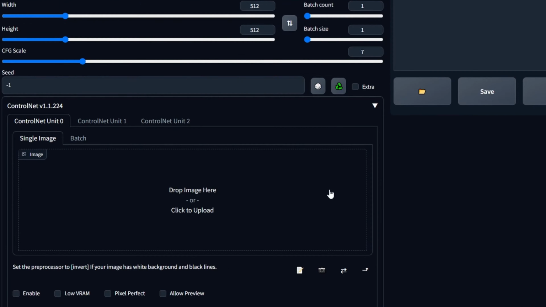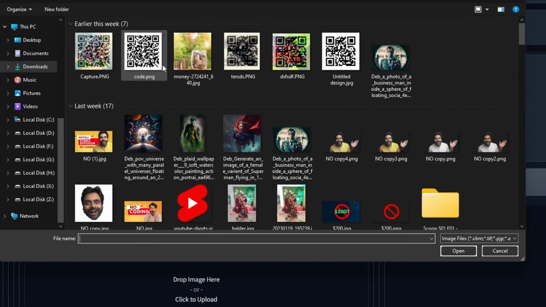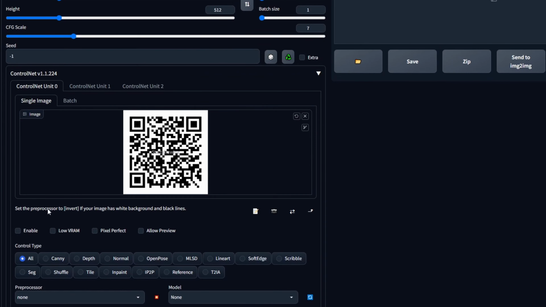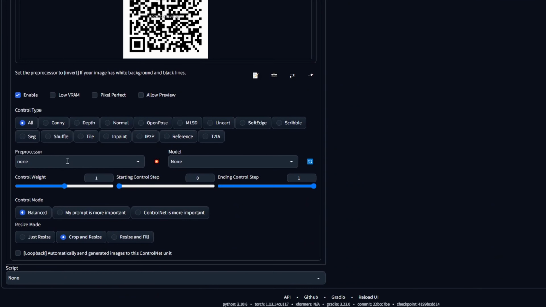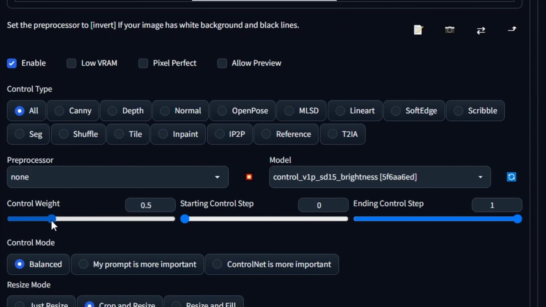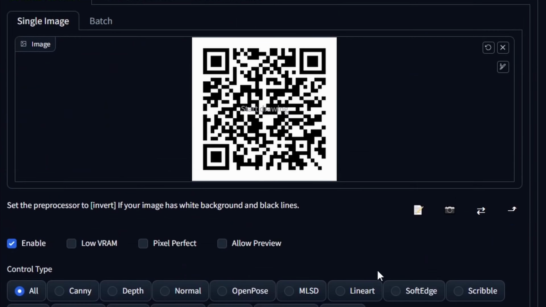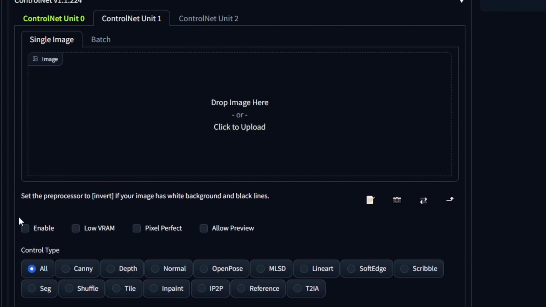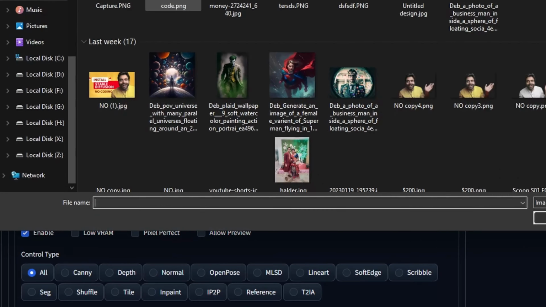In today's video, we are gonna learn how you can create QR codes like them that are actually scannable and also beautiful. If you want to know about the magic settings right away, just go on to Stable Diffusion, bring in your QR code in the ControlNet Unit 0, enable it, preprocessor none, model brightness, control weight somewhere around 0.4, starting control step 0, ending control step 1. Go to ControlNet Unit 1, enable it, bring in your QR code again,